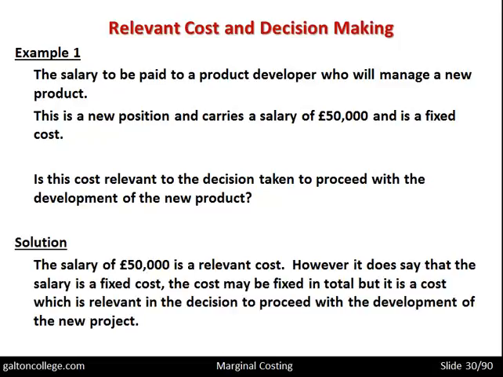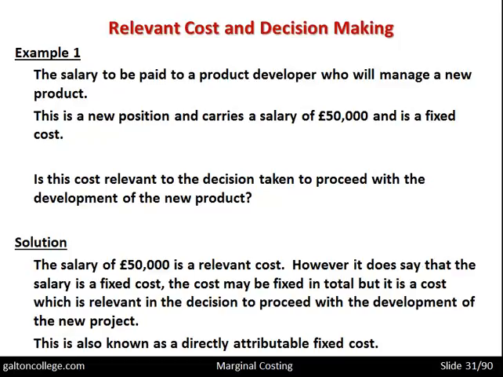Well, the solution: the salary of £50,000 is a relevant cost. However, it does say that the salary is a fixed cost. So the cost may be fixed in total, but it is a cost which is relevant in the decision to proceed with the development of the new product. This is also known as directly attributed or attributable fixed costs. So it is a relevant cost,